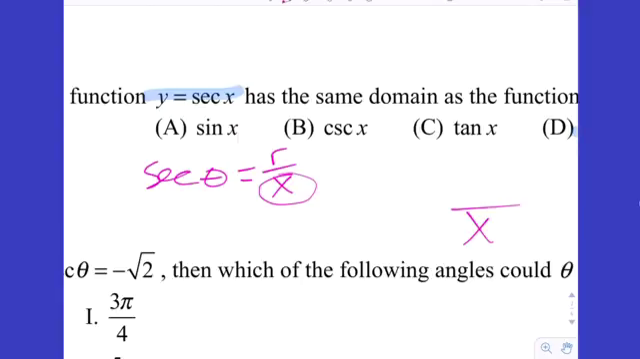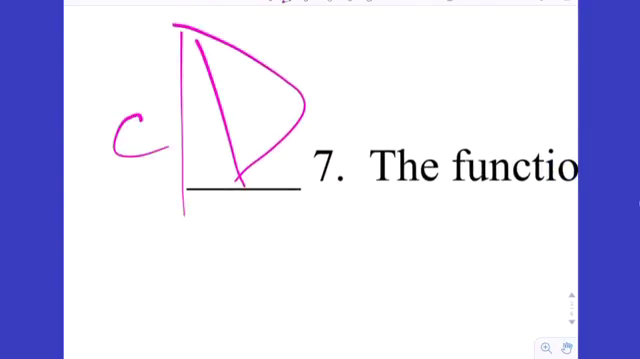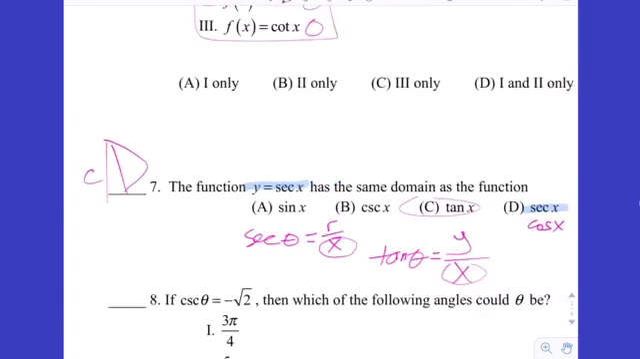It can't be r over x because that's secant. It can't be x over x because that's not a trig function. The only other variable available is y, and y over x is the definition of tangent. So tangent and secant have the exact same domain. So I was looking for the answer C, and a lot of people were putting D, and I was counting